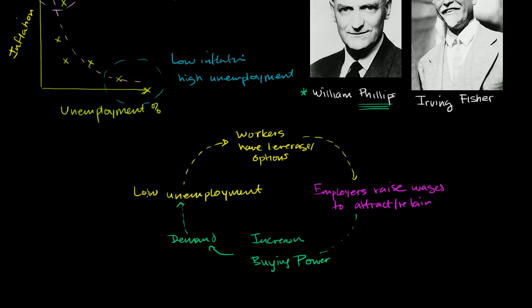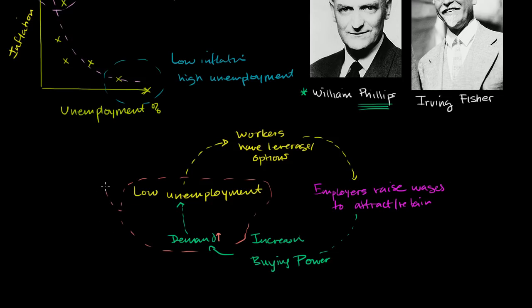And you can imagine if you already have low unemployment, and this is just one of the factors of production, but if you think about all the factors of production, they're probably all highly utilized. The factories are running at close to full capacity. The labor market is running at full capacity. If you increase buying power and you increase demand in that context, so demand is going up, lower unemployment, capacity utilization, or I guess you say labor utilization, is going down. There's less capacity, more demand. This is going to cause prices to go up.